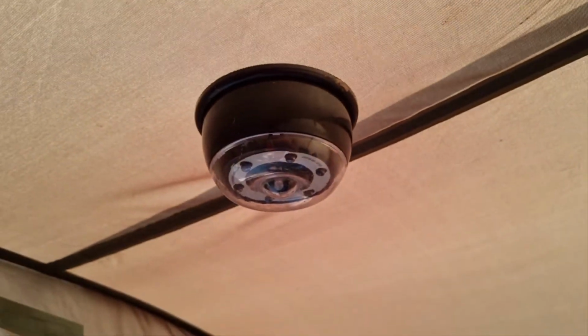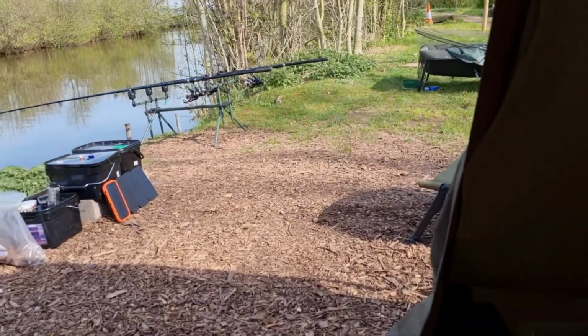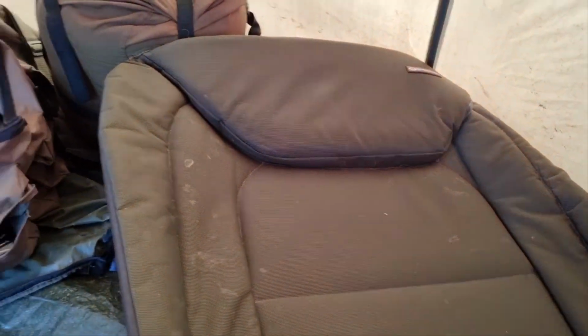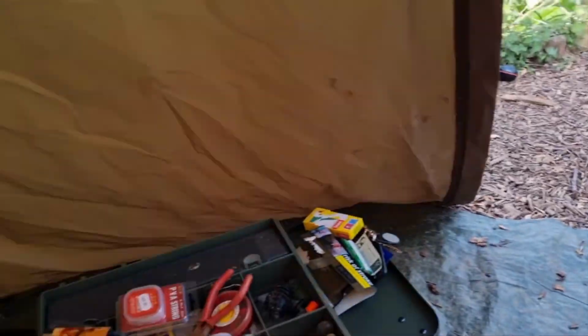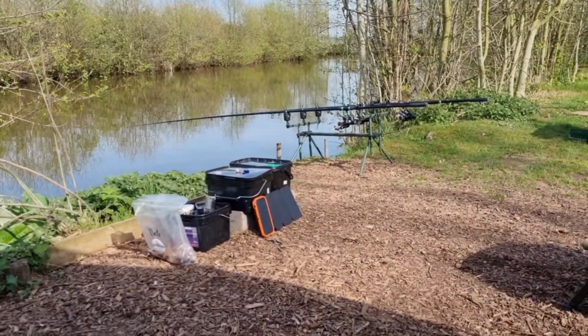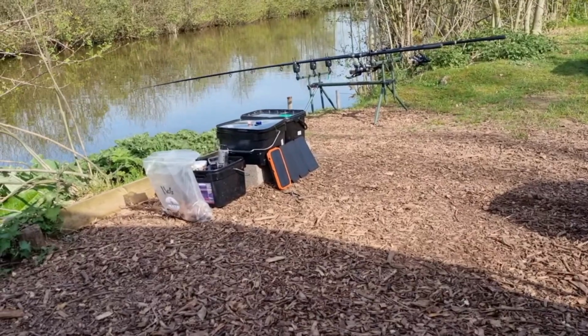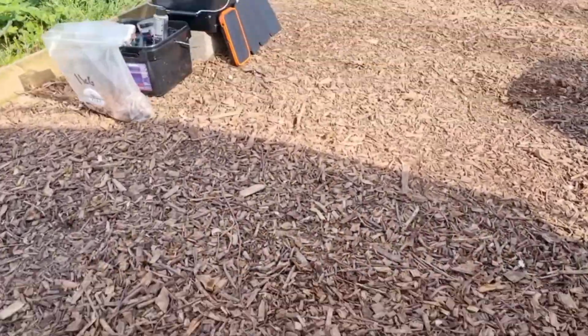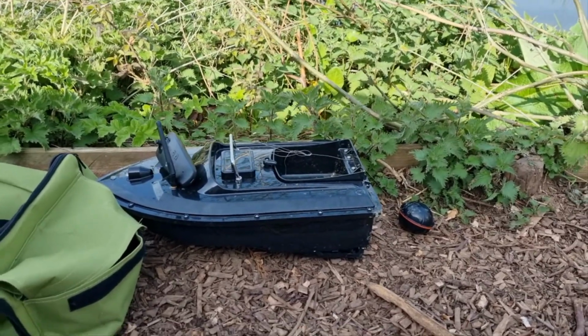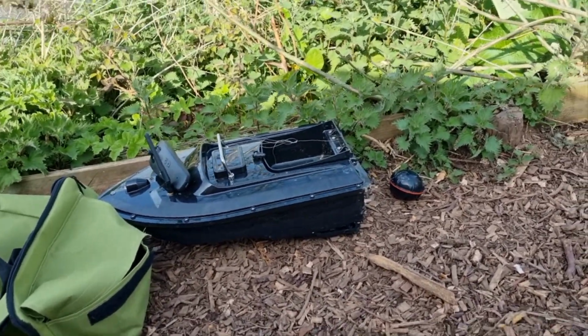To start off with, turn it the right way around. As you can see, there's the light from the bite alarms, currently sat in the bivvy. I have a bed chair that I've been using for a while anyway. Well, that's the NGT, it's an NGT one anyway. That's me charging up the solar panel. But if I go over here, you've got the eBay bait boat with the fish finder behind it. That was a bit of a bastardised way of getting the fish finder on. Moving forward,